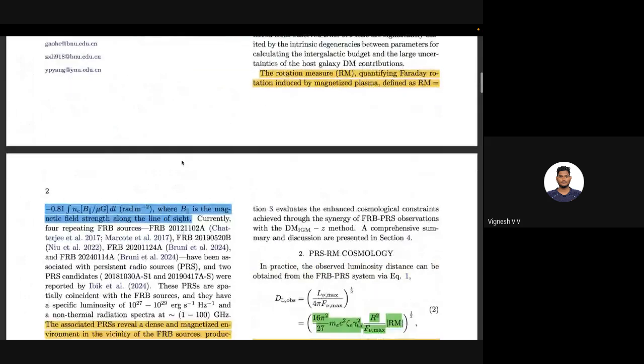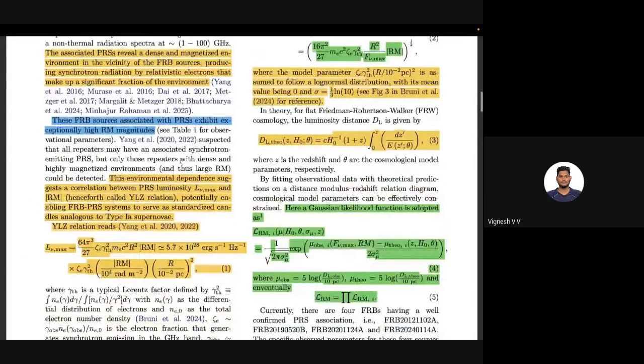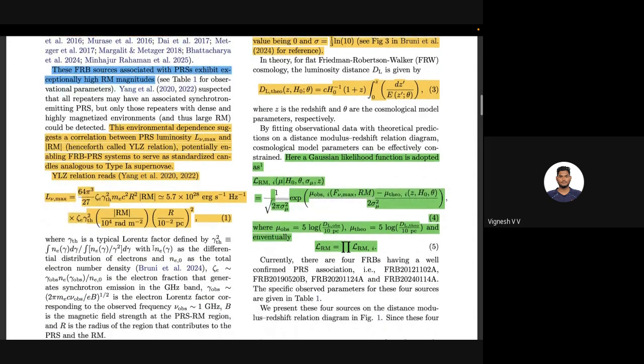So I think we can move on. Yeah. So this equation one is the famous YLZ relation, where you can see that the luminosity of this particular PRS is connected to the rotation measure of the given FRB associated with it, and